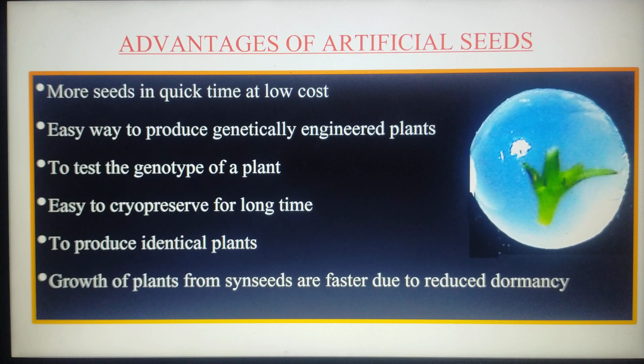Whenever and wherever we need, and moreover, it is easy to transport from one area to another. And the last one is to produce identical plants, right? Both identical plants can be produced, and if we perform any genetic modification, even genetically modified plants can be generated. And growth of plants from synseeds is faster due to reduced dormancy, because each and every seed has a specific resting period, right? We can't say it is a complete resting period. It is some sort of